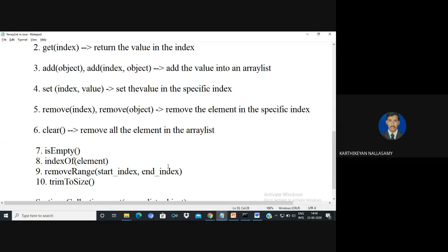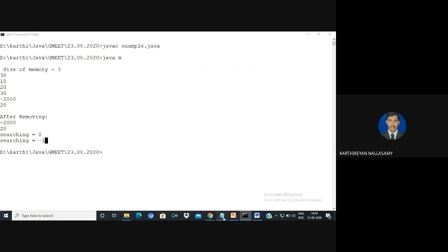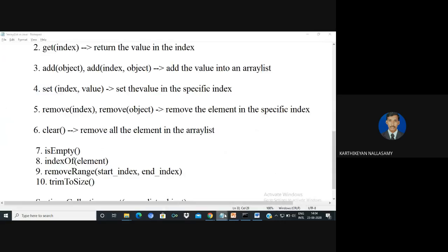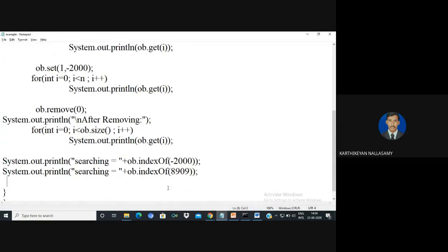And isEmpty is a method to check whether the list is empty or not. For example, we know there is a method called clear. So I'm going to call ob.clear. Now the content of that object will be removed. Now I'm going to check whether it is empty or not. For that we can use the isEmpty method, which checks whether the array list is empty or not.